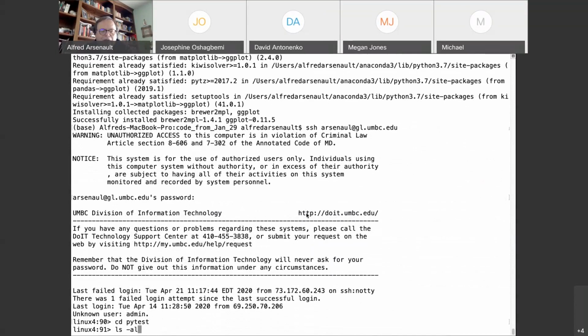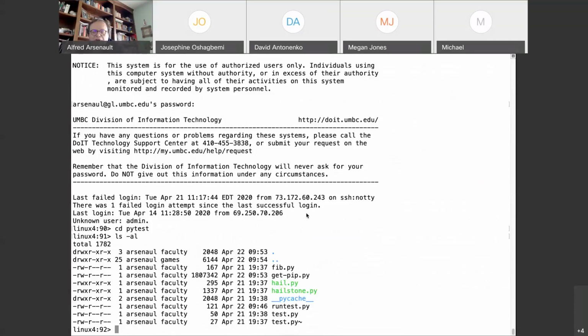And I copied the files fib.py and hail.py into this directory. So this should be the same as when you copy them. You'll see I've got some other stuff here because I've been doing a variety of tests